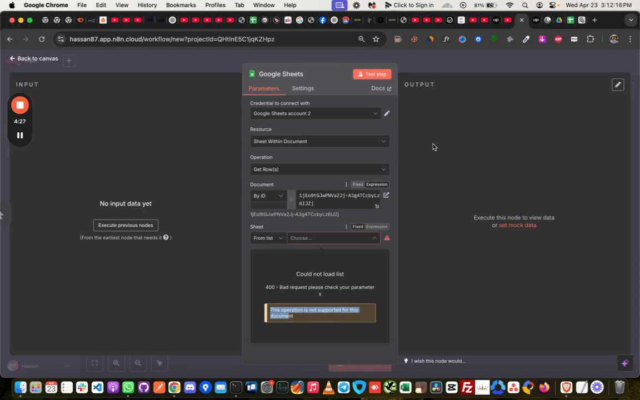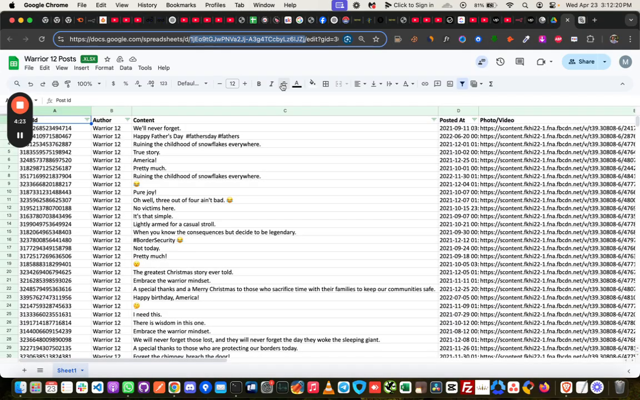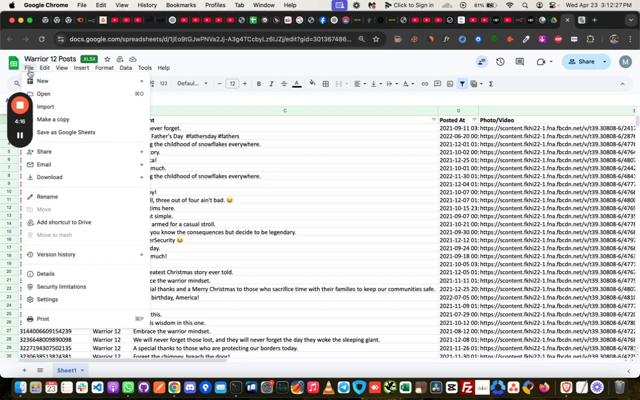In order to fix that, what you have to do is go to the Google Sheet. The error is happening because you uploaded the Google Sheet. So in order to take care of that error, you have to go to File and then Save as Google Sheets. Once you save it as Google Sheets,